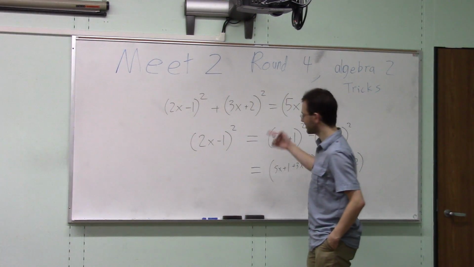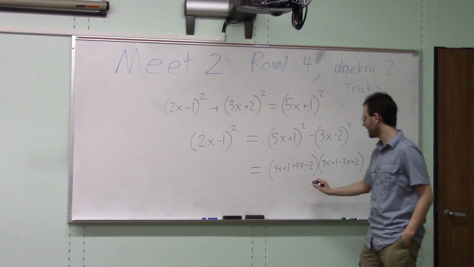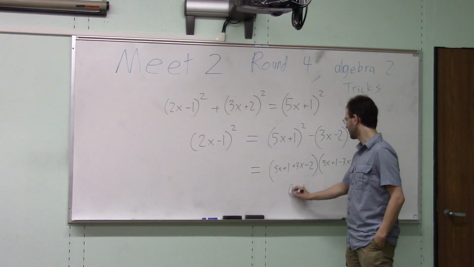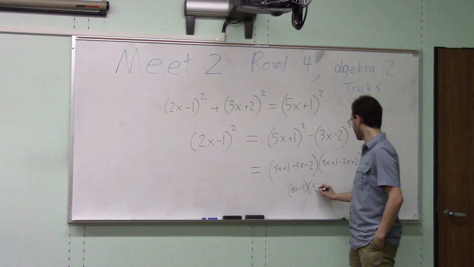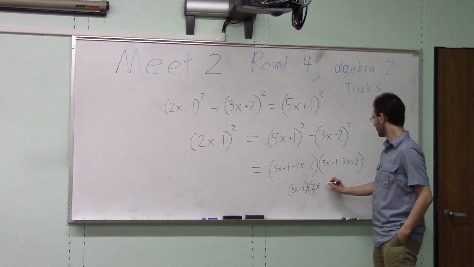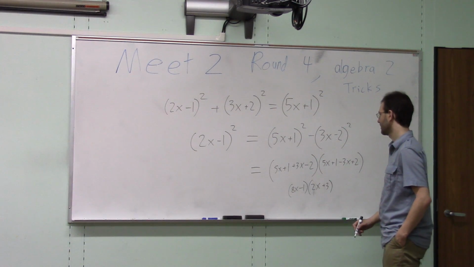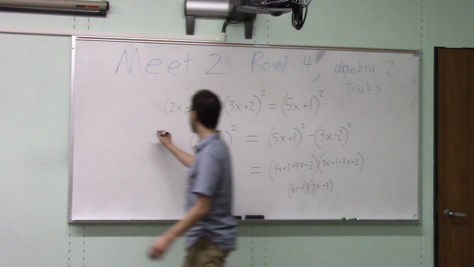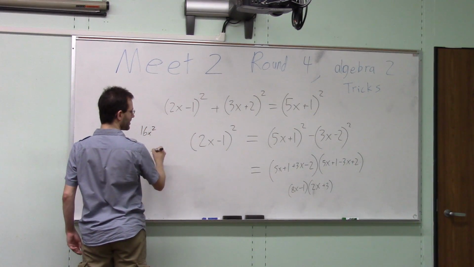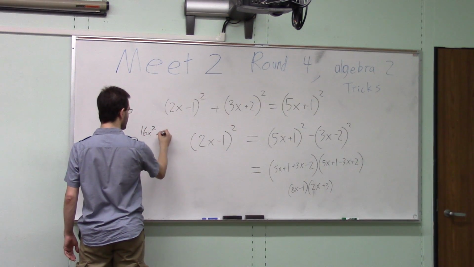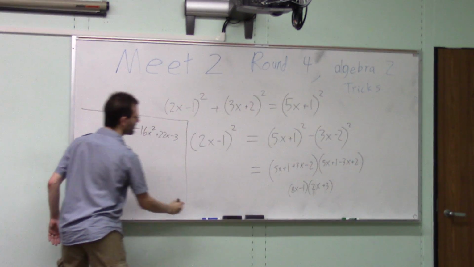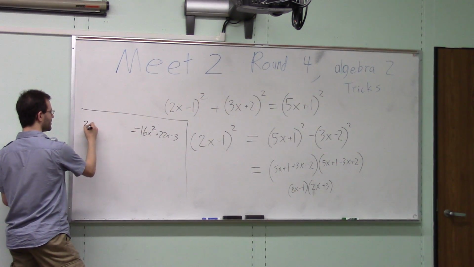And the thing is that otherwise there's a lot more to distribute. And if I do it this way, I've got 8x minus 1 times 2x plus 3 equals that, and I can distribute, it can save me a lot of the distribution. 16x squared plus 22x minus 3 equals, let me wall this off, 2x